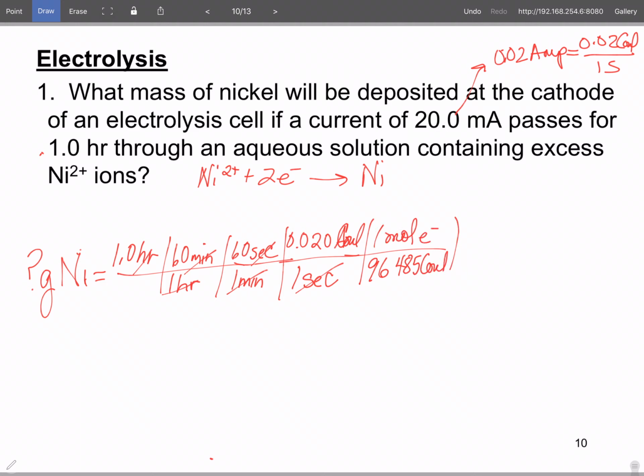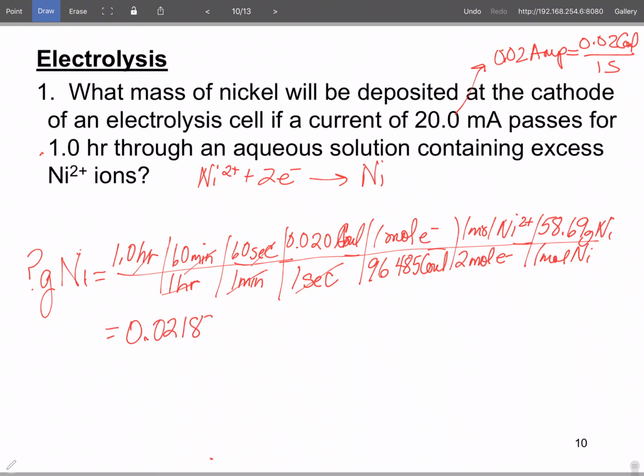That's Faraday's constant. And we have 2 moles of electrons for 1 mole of nickel. And we know that 1 mole of nickel has a mass of 58.69 grams. So if we run all the numbers, remember everything on top is multiplied and everything on the bottom is divided, we should get 0.021898 grams. So if we're keeping 4 non-zero digits, we get